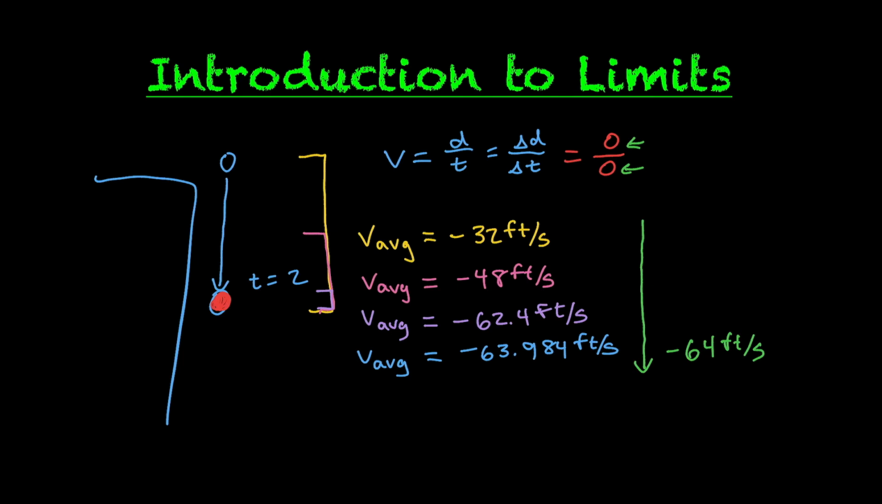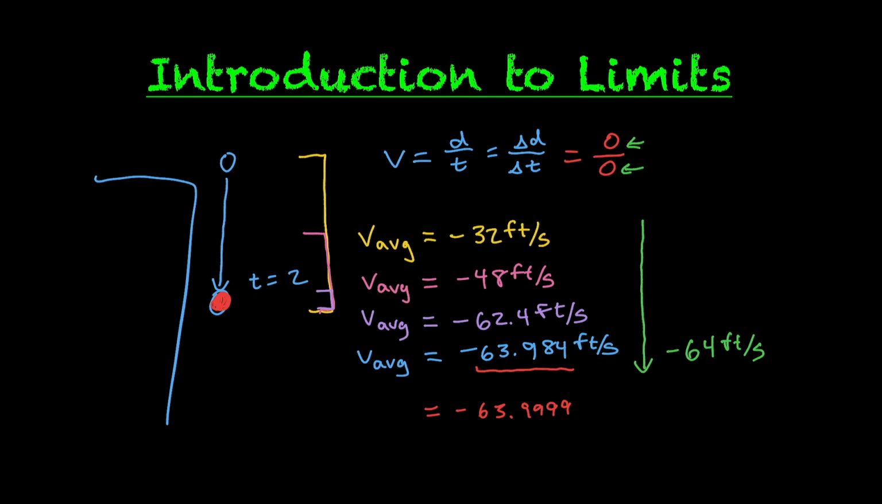Now, maybe you agree that this is going to negative 64, but maybe you look at this number, negative 63.984, and you say, that's not really that close to negative 64. I need it to be a little bit closer. And in reality, the idea of a limit is I can get as close as I need to, or as I want to negative 64 to say that the limit exists. So maybe you need it to be negative 63.9999 before you're satisfied. Well, I can make it that close to negative 64 simply by taking a smaller time